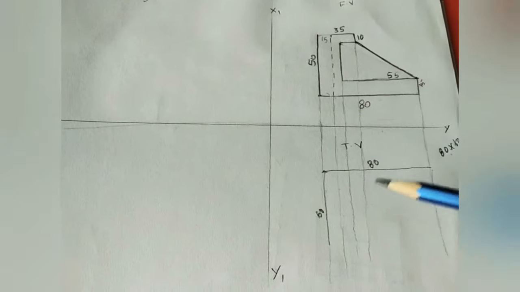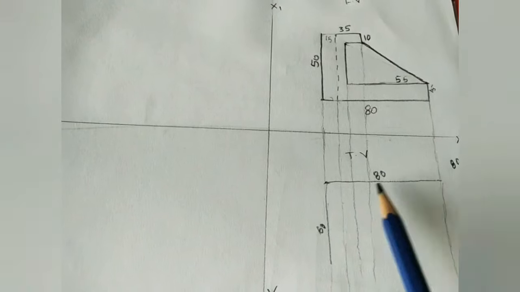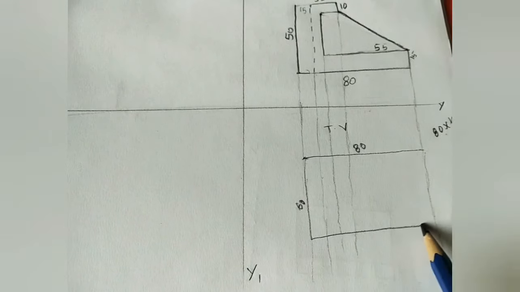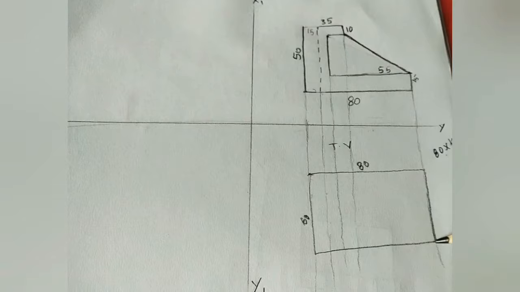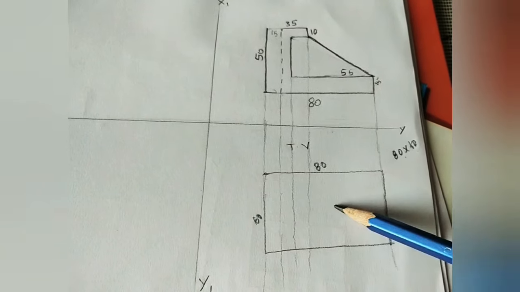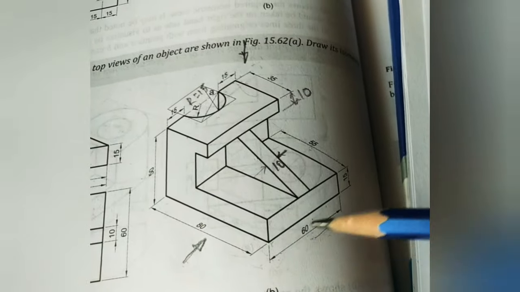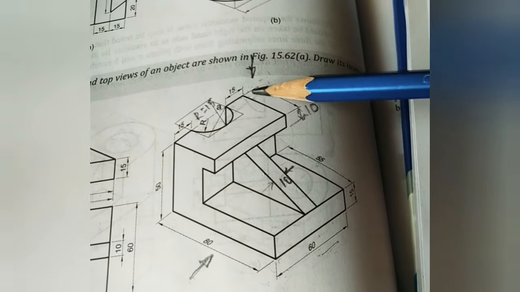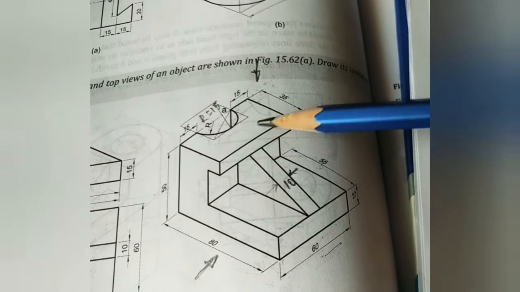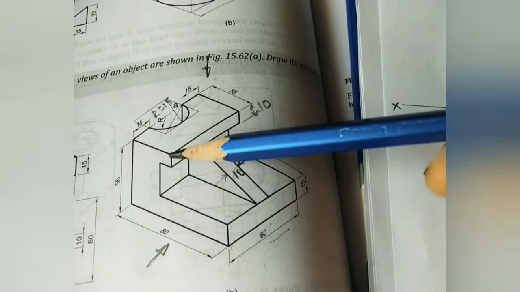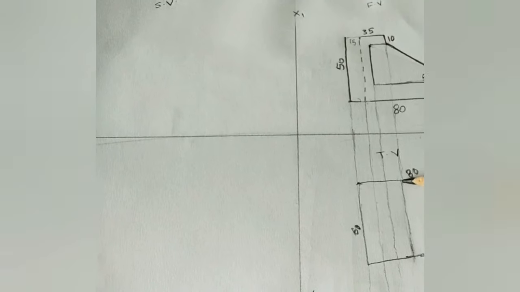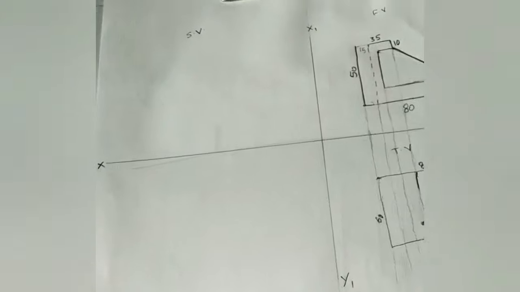We are doing the projectile lines for taking the dimensions only. No need to measure here, always 80 mm. After doing 60, just make one box. This is the main dimensions from the top view, 80 by 60. We can see this portion, correct? So how much width is it? 35 mm. This 35 mm is coming up to the entire width. Wherever we are taking 35, take the same projectile line, make it dark. Roughly I am doing 35 here.